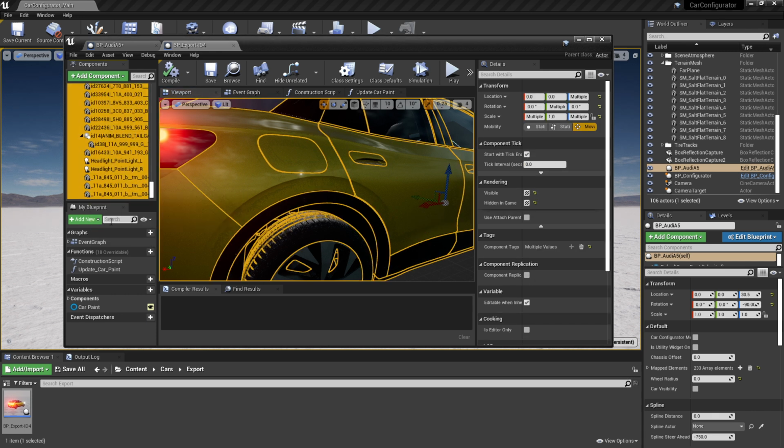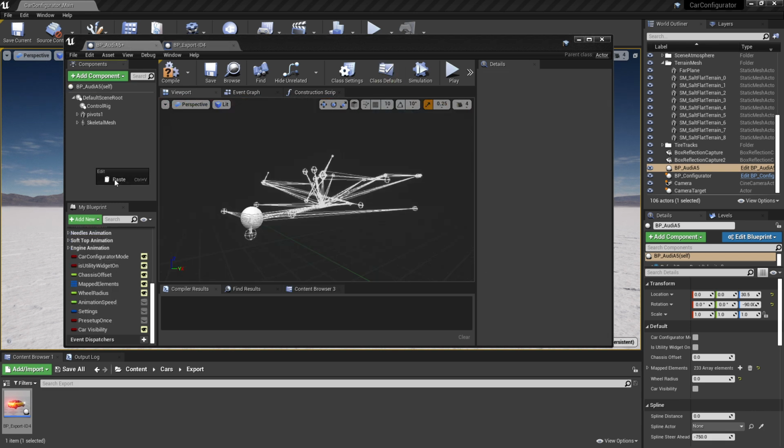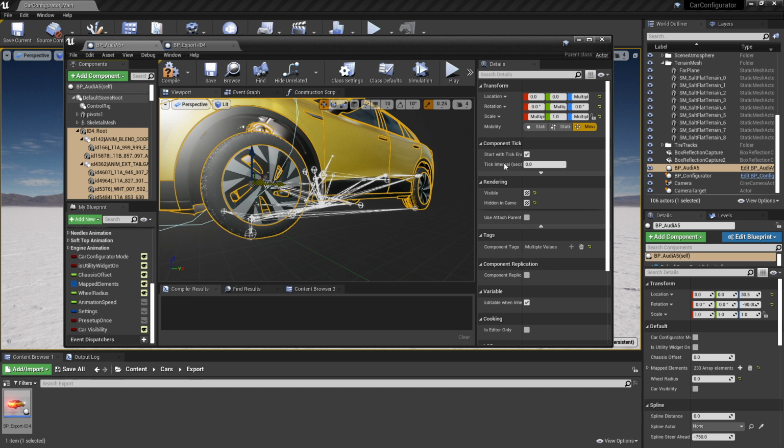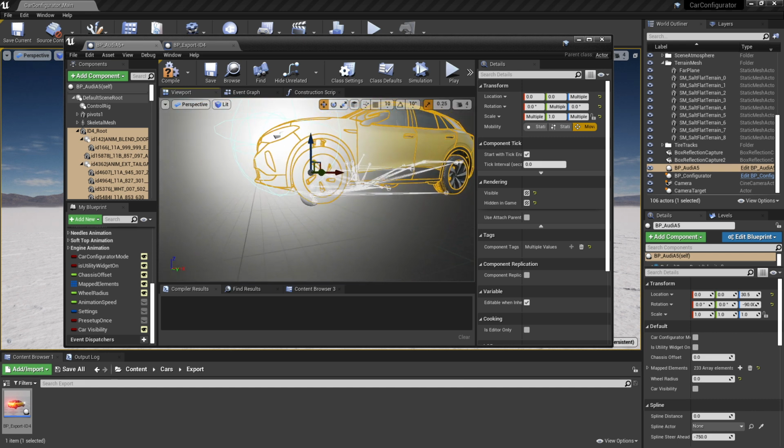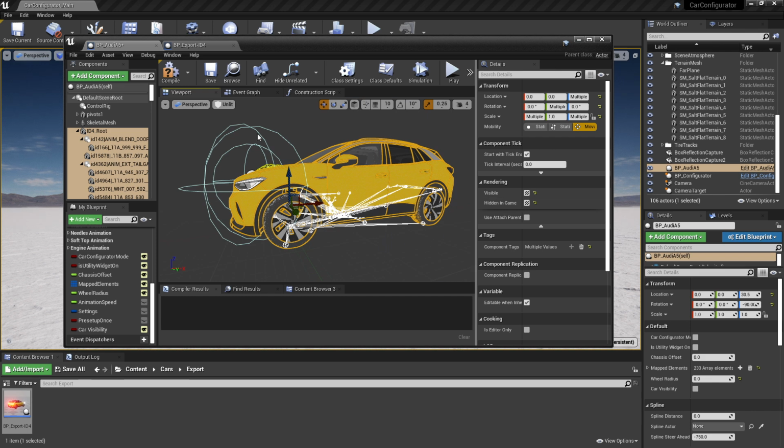We're going to scroll to the bottom and shift select all of these, right click to copy it, and then jump back over into the Audi blueprint and right click to paste in all that information. This will take a couple of seconds to process, so don't be alarmed if it takes a little bit of time. All right, cool. So we have the ID4 pasted in, and we'll zoom out a little bit. You'll notice that the bloom is very strong in this blueprint view, because there's a couple of incandescent parts on the car, the headlights as well as the taillight. So I'll switch this to unlit to make it a bit easier to see.